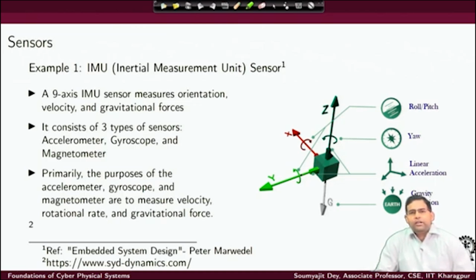It is basically a collection of multiple sensing suites. These different sensors overall provide you with sensed values of many variables, which together give you the orientation of a system. Let us understand what we mean by orientation of a system. Let us say we are in 3D space, and we want to understand if the vehicle has a linear acceleration in the x axis, y axis or z axis. That is a measurement which may be required by many different applications, right.